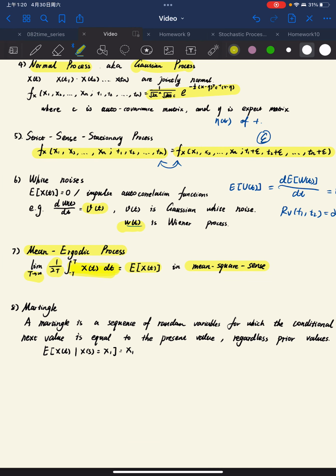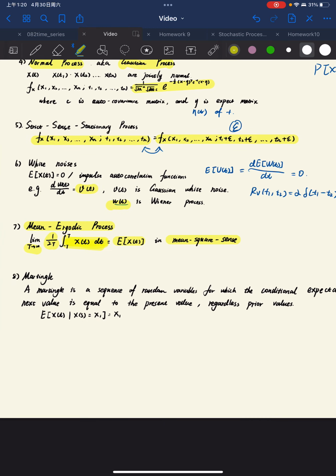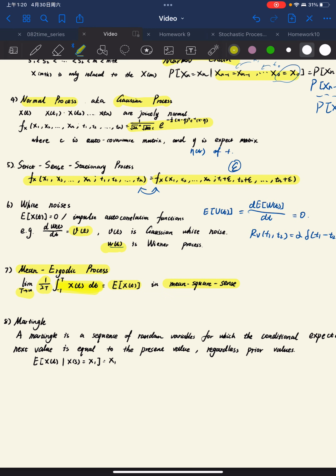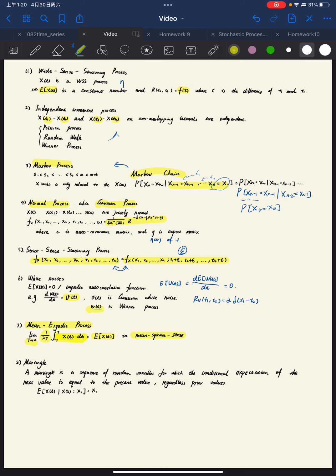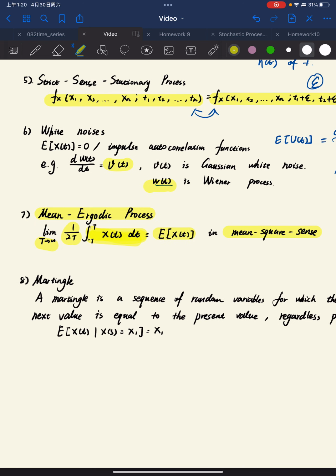And the eighth one, martingale. The martingale is a sequence of random variables for which the conditional expectation of the next value is equal to the present value, and we denote it as the expected value of the process at time t given the process up to time s equals the value at time s, when s is less than or equal to t. So for the previous one,